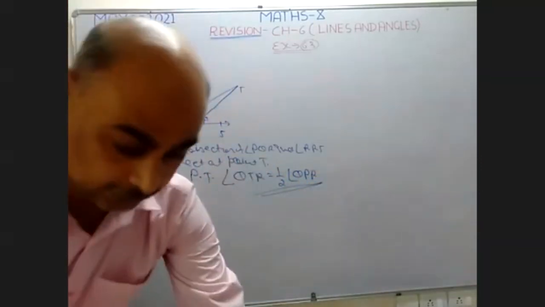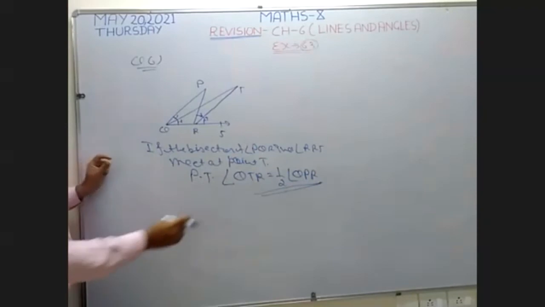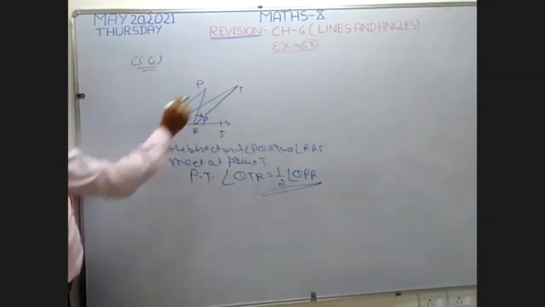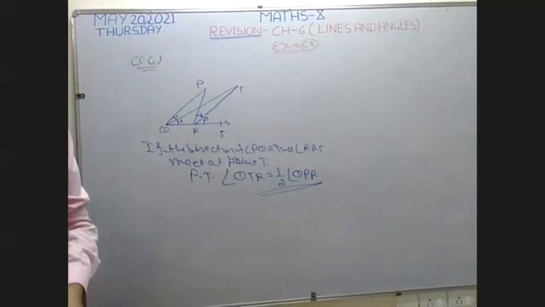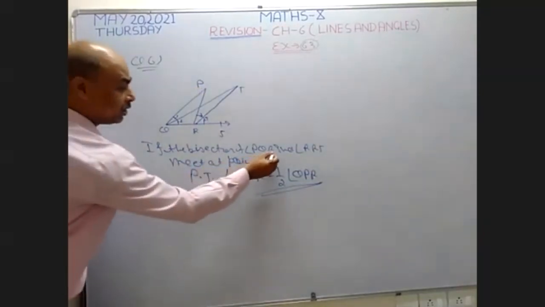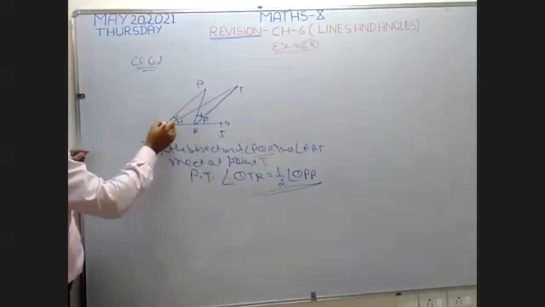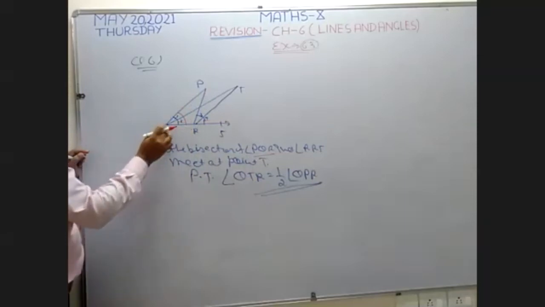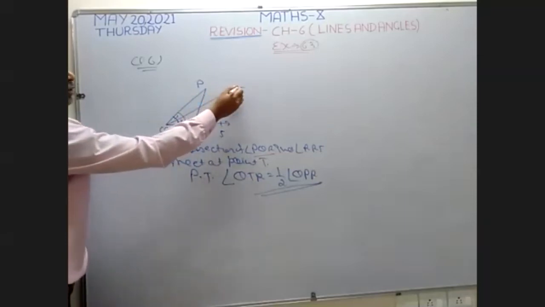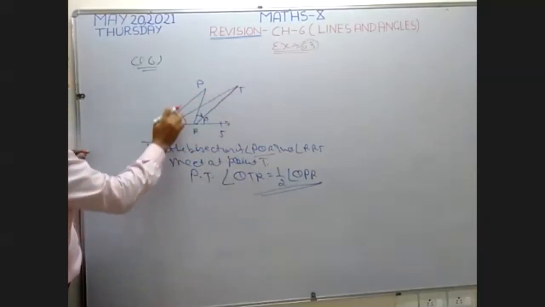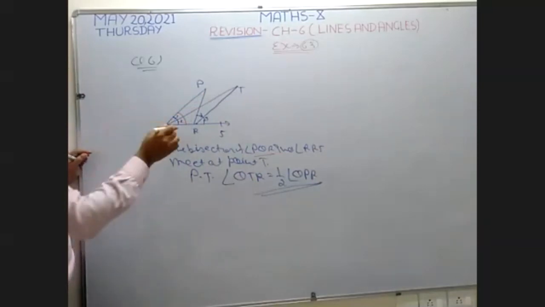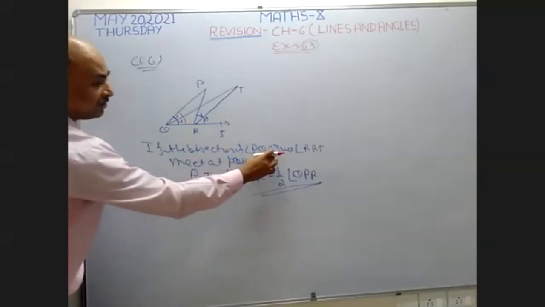Now see what is given. In this question, angle PQR. Where is angle PQR? I'm going to show it with another color. Angle PQR. This is P, this is Q, and this is R. This angle is PQR. Okay. Since it is given, this line QT is the bisector of angle Q. It means angle 1 and angle 2 are equal. I want to start my question from the bisector point.